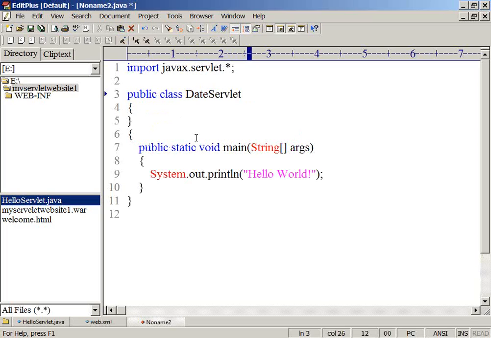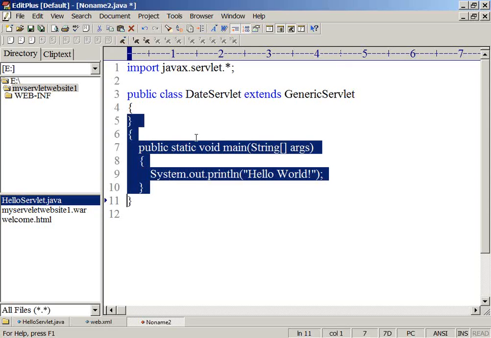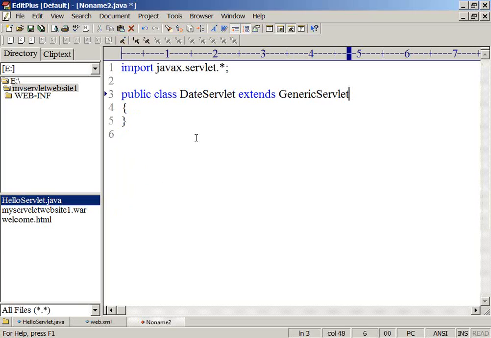Simple Java program. Extends, inherited from a class, a predefined class. This GenericServlet is a predefined class. Now remove this. Nothing required because I am not responsible for executing this program. Right? Add the same method, public void service method,